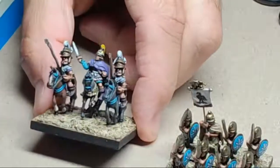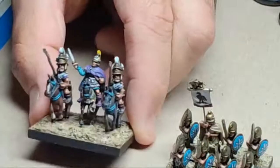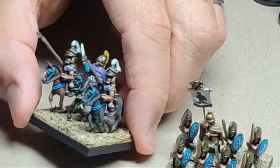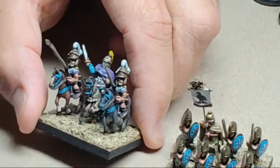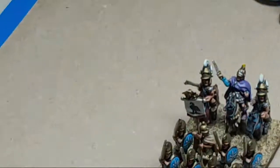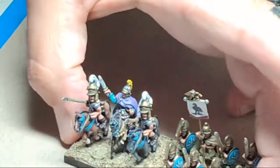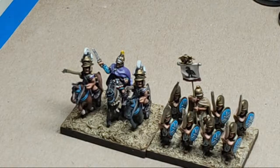So I put a Zvezda guy in the middle of it. They're not the same size. I mean, look at the difference in the size of the head between the Ptolemaic general and the guys on the end. They're 50% bigger. But you know what? I almost don't even notice it anymore. It's okay. It works for me. It's either that or I don't have a general. I can't stand having an army that has a general figure that...